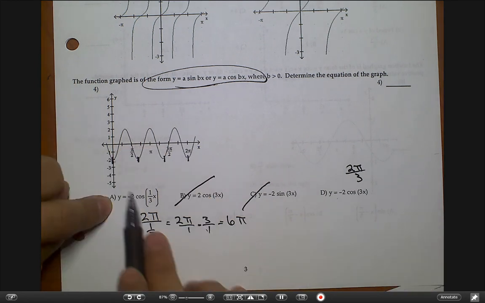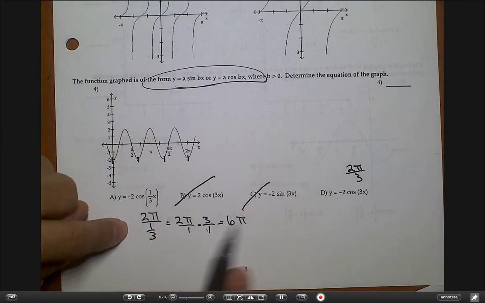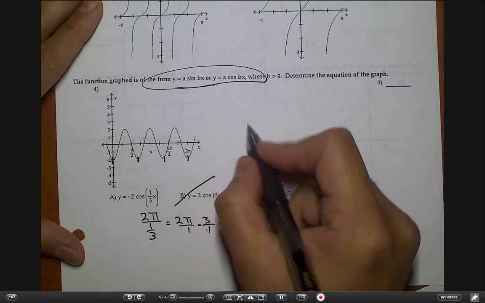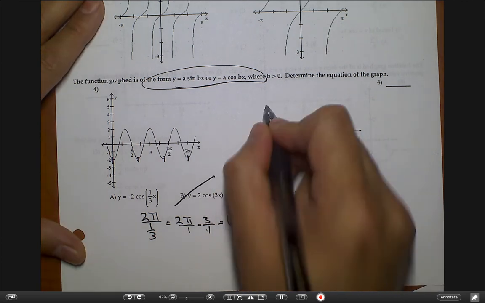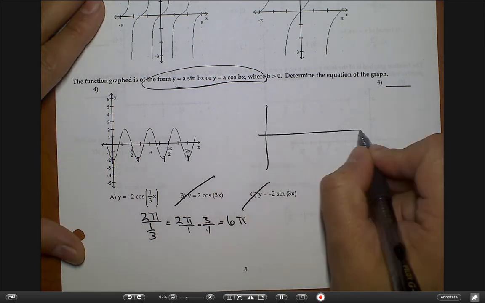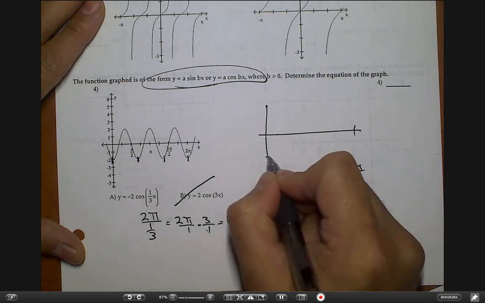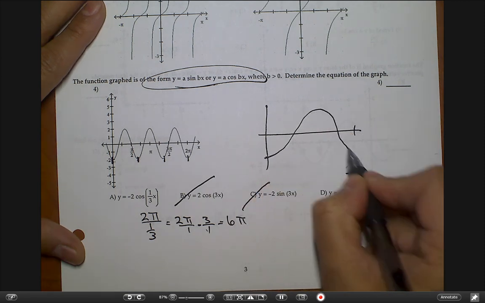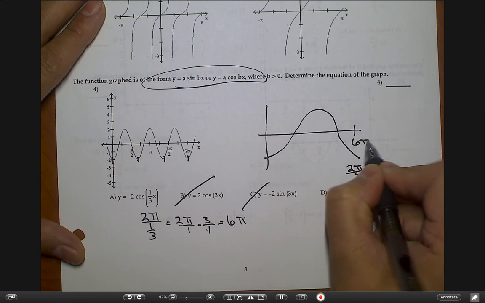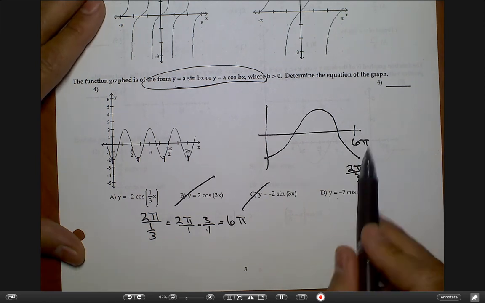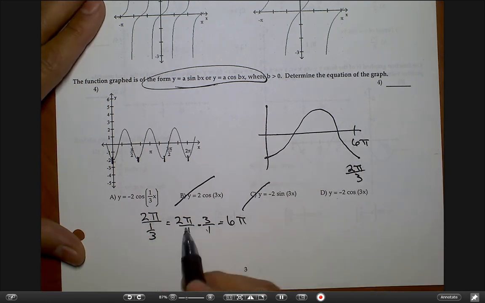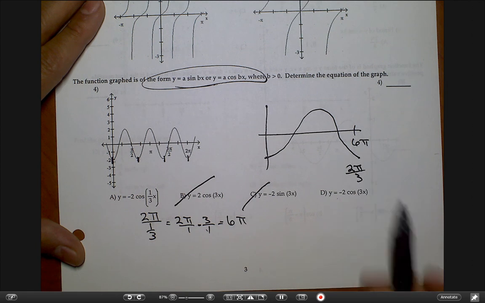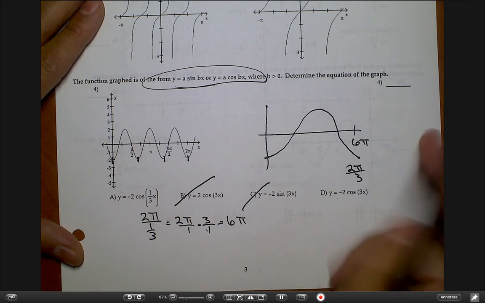This one right here, if I were to use this one, it would have to do 6 pi to finish the whole thing. So if I were to graph this one right here, it'll start down here. That's too much. It would go all the way to 6 pi. So if this one was the answer, it would finish in 6 pi. But since this one is correct right here,